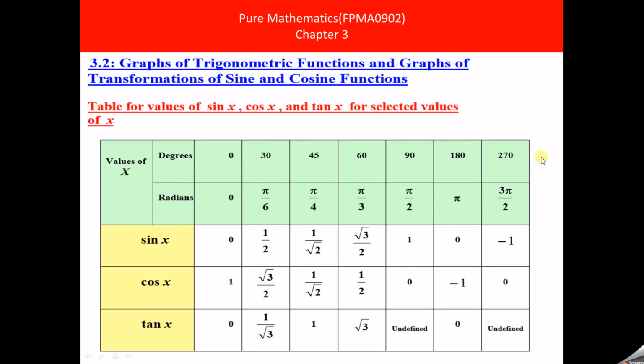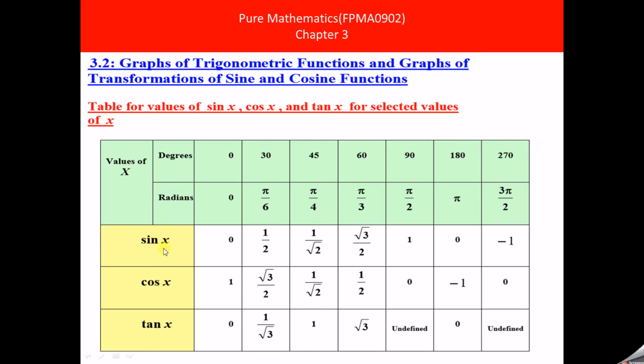Next 360. 360 is not taken because 360 is same as 0 degrees. If we remember, in the last classes we discussed that 360 degrees is same as 0 degrees. Similarly, in radians we can write it as 0 degrees is same as 0 radians, 30 degrees is same as pi by 6 in radians, 45 pi by 4, 60 is same as pi by 3 radians, 90 degrees is same as pi by 2 radians, 180 degrees same as pi radians, 270 degrees is same as 3 pi by 2 radians. So these are the angles.